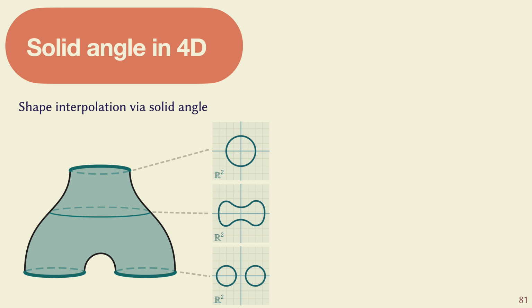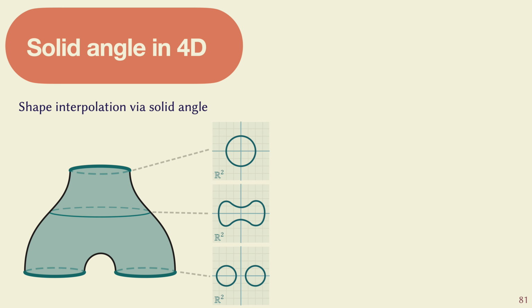If we have two surfaces in 3D space, we can place them in 4-dimensional space and use the 4-dimensional solid angle function to find a 3-manifold with our given boundary, and then we can take slices to obtain surfaces in 3D space, interpolating directly between our inputs. And we can use Harnack tracing to directly visualize these interpolating surfaces. But the reason I don't have a cool example to show on this slide is that I don't know how